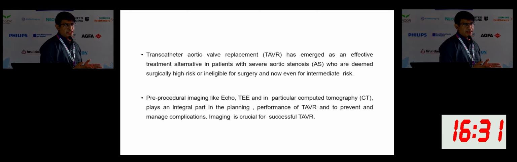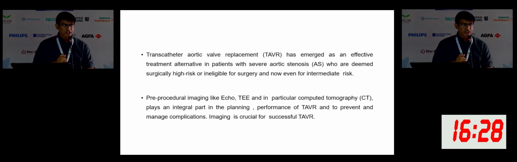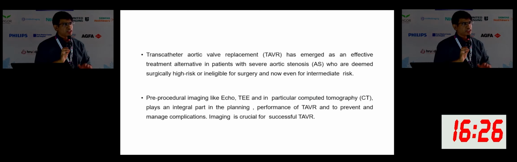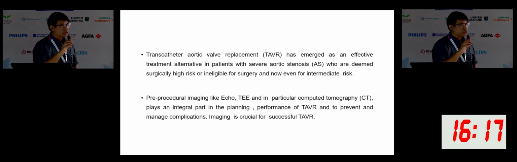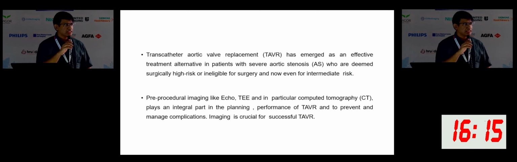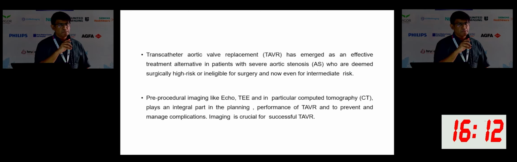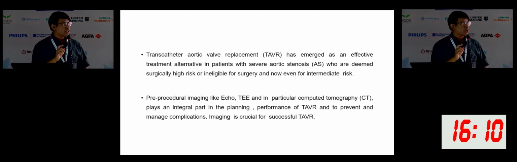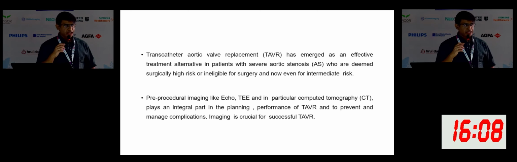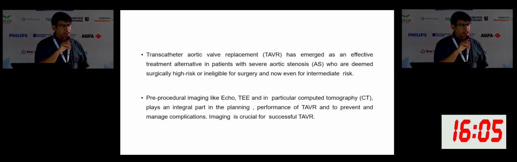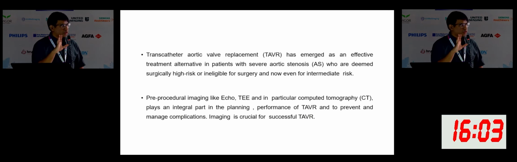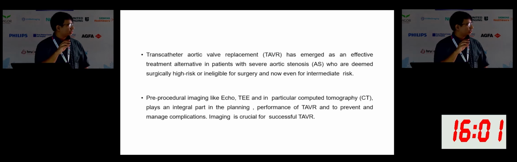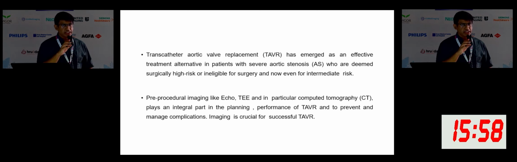They came out with guidelines for low gradient aortic stenosis, and after that we see a significant number of TAVIs in the last 10 years. I feel almost 30 to 40% are for low gradient aortic stenosis. Echo plays the main role, and CT has a role. As we all discussed, CT calcium score and planimetry play an important role in diagnosing low gradient aortic stenosis. Echo-wise, the continuity area is where most of the time we missed it. Now we do the continuity area first, and then go for the CT, which is of immense help.